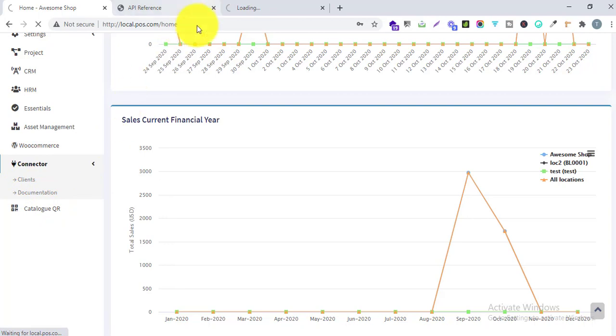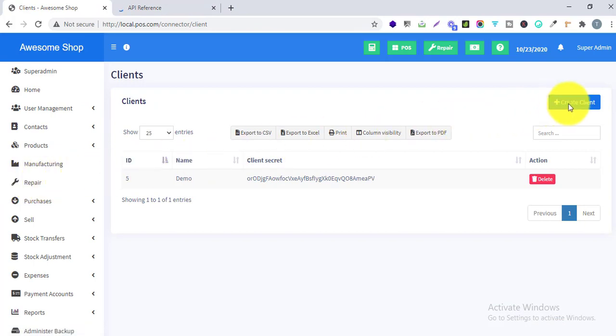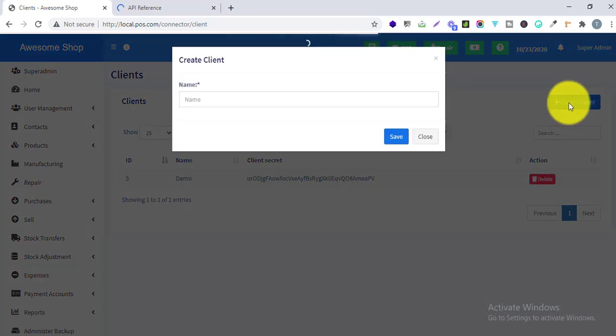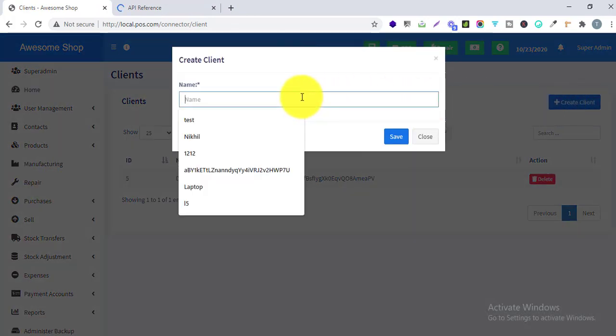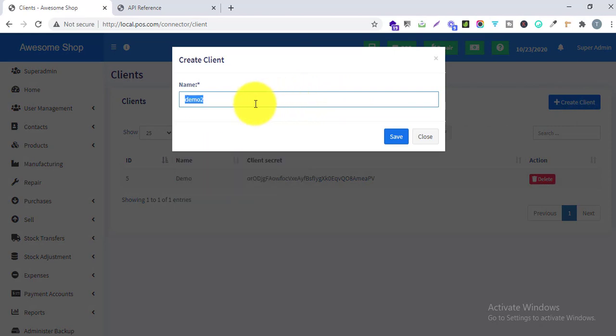With this documentation you can view the documentation of these APIs. If I go to the client, here we have an option to create the client. I can give any name here. Let me name it demo2 and save it.